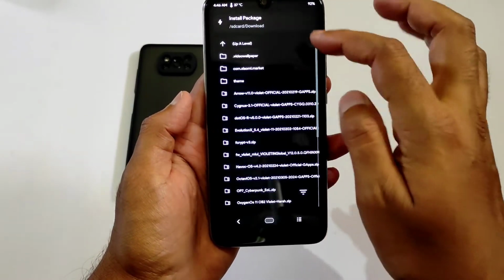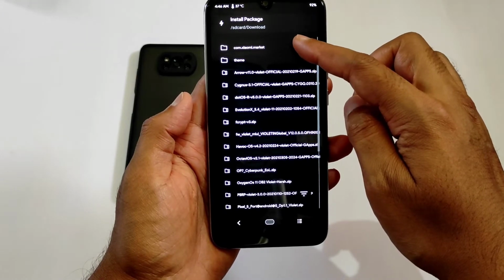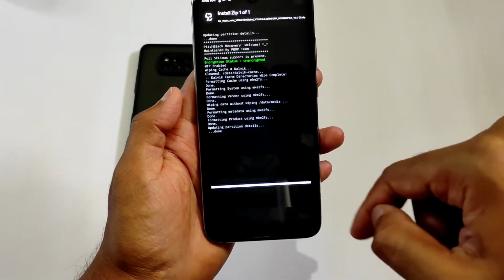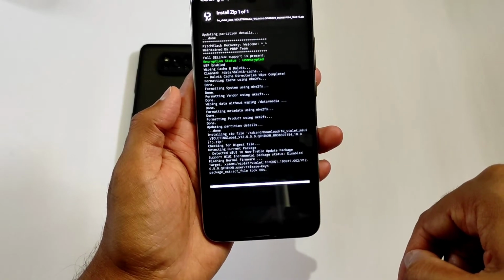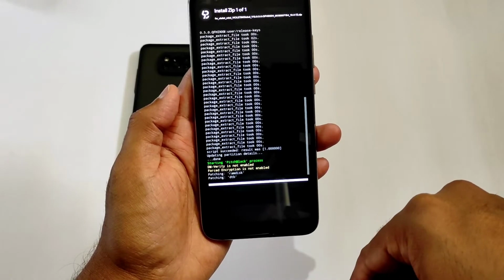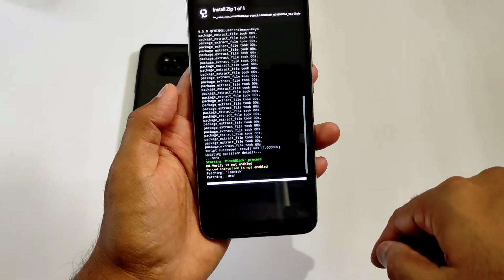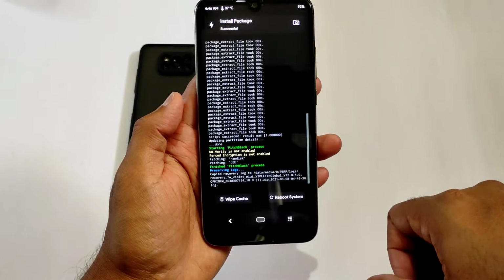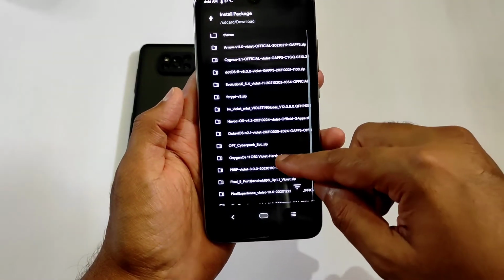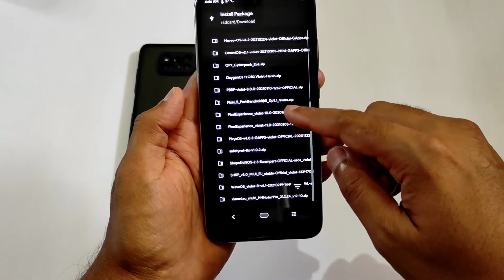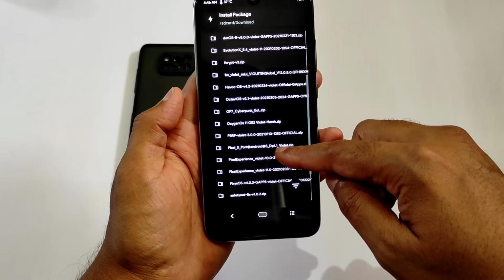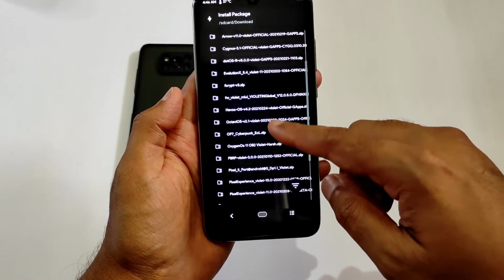Now, as you can see, you need to flash the firmware first. For the latest firmware I am using the Indian stable version 12.0.5.0. If you want, you can use the Chinese version, but I recommend using this one. You need to flash the firmware first, then come back and flash the ROM itself. You can flash any ROM in a similar way, following the same steps to flash any other ROMs.